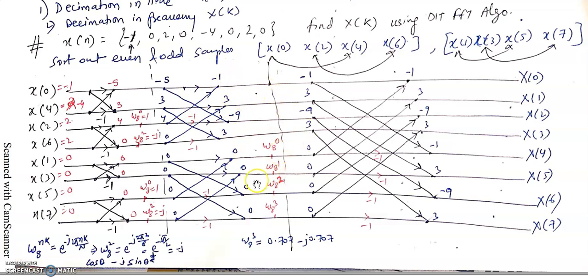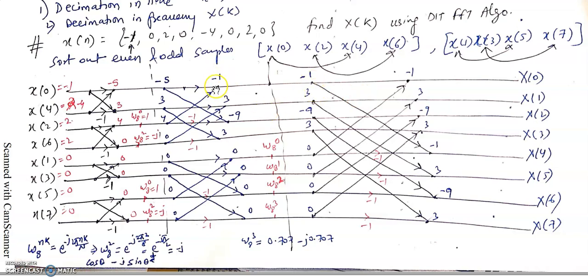In the third stage, what we'll have, like this total factor is multiplied, 0, omega 8 to the 0, omega square. We are multiplying this twiddle factor omega 8 to the 0, 1, 2, 3. In this sequence 0, 1, 2, 3, here we are putting only 0 and 2. You have to just remember it, because this is a classical method. It is predefined. So you have to remember where to put this twiddle factor and by how much. Just follow the pattern and you will get the answer.